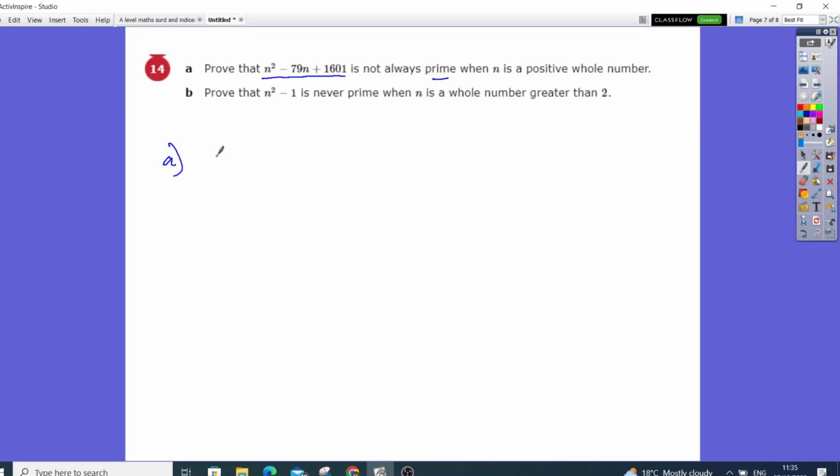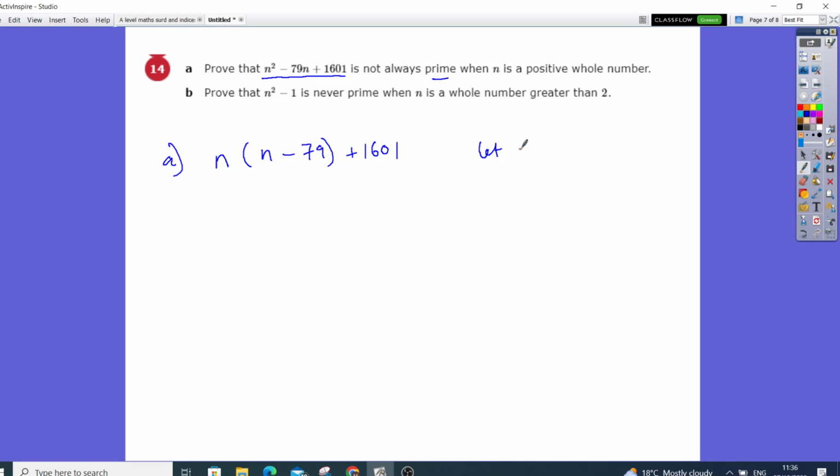factorize the first two terms, so if I go n, open bracket, that'll be n minus 79, plus 1601. Okay, 1601. Could be any number really. I'm just trying to see what's going on. Now, to prove that it's not always prime, what I could do now is let n equal